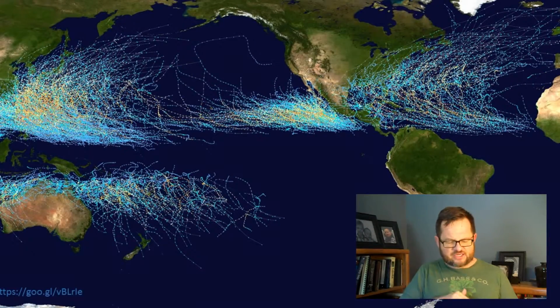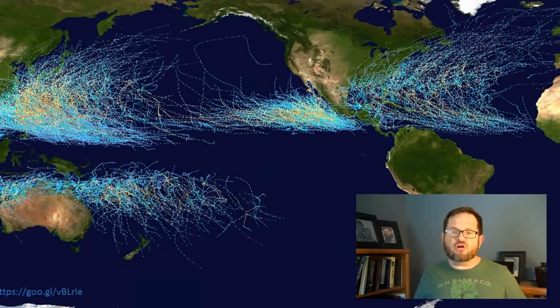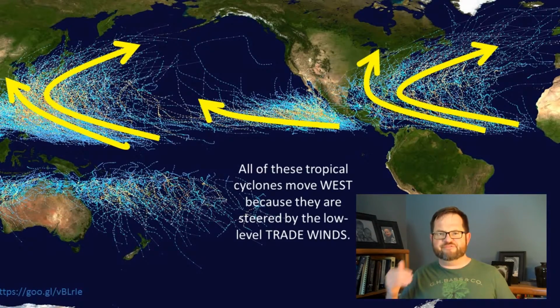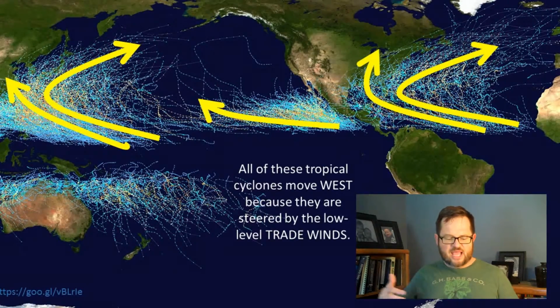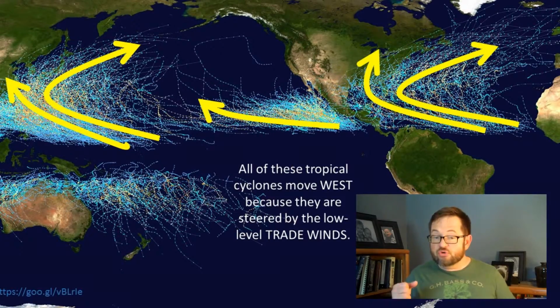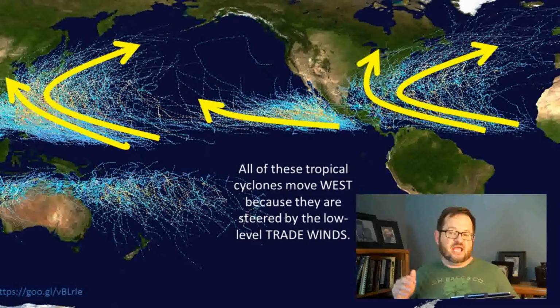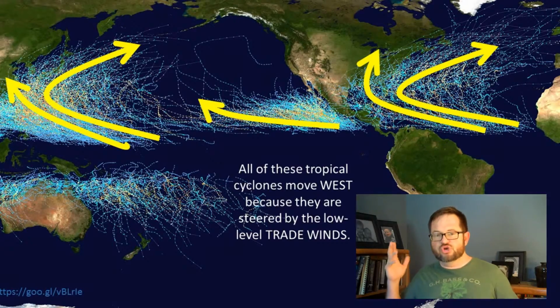And if you kind of zoom in here a little bit, we can actually get a sense from these tracks that they all follow kind of similar paths, where they form in the tropics, and then the trade winds push the hurricanes to the west. Remember, trade winds are easterly winds. They are from the east, and they are surface phenomena. They're the winds near the surface of the earth that are pushing in the tropics from east to west,